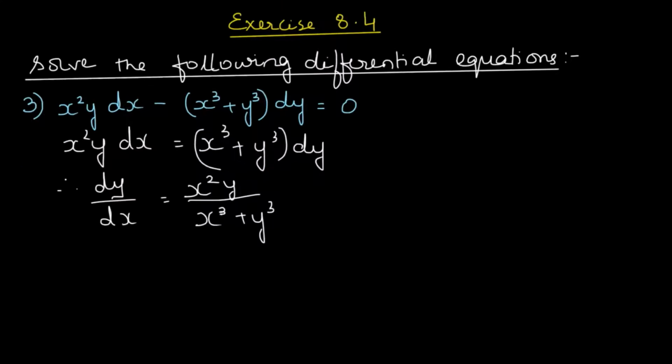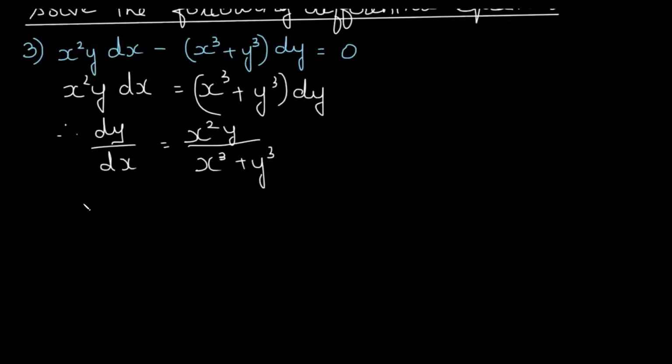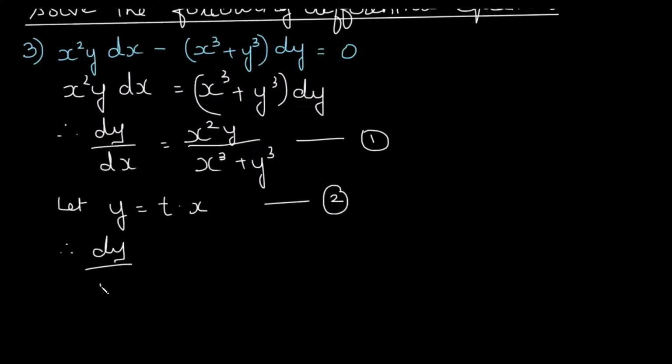Upon getting this, if you remember from the previous lecture, what we do over here is we put y as tx. So we substitute y as tx. Let y is equal to t into x. I had told you that this is the substitution which we are going to do always in the initial steps at least. Now we differentiate both the sides and therefore we get dy by dx, on the RHS we are going to use the u into v formula. So we get dy by dx is equal to t plus x dt upon dx.